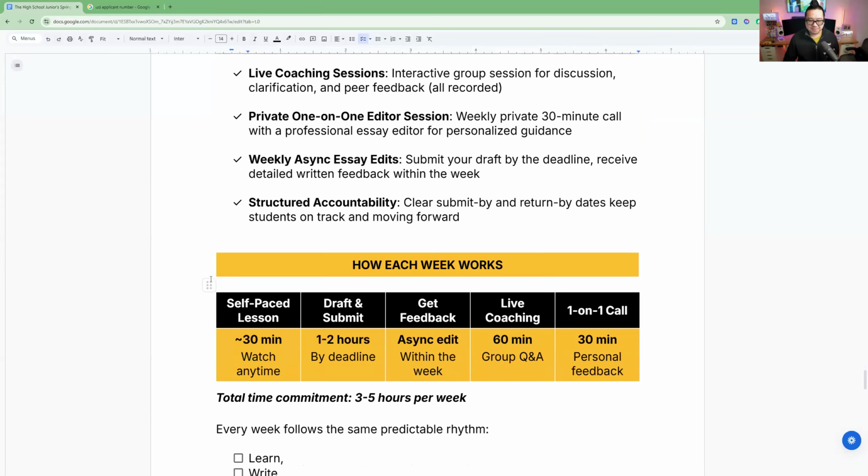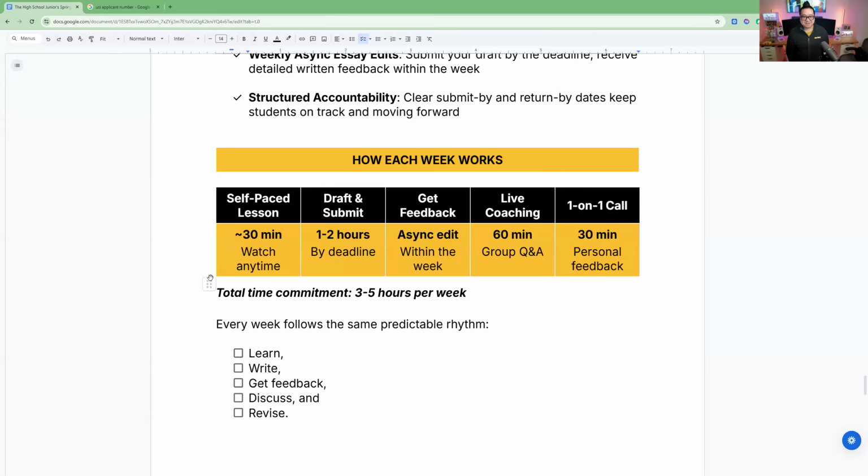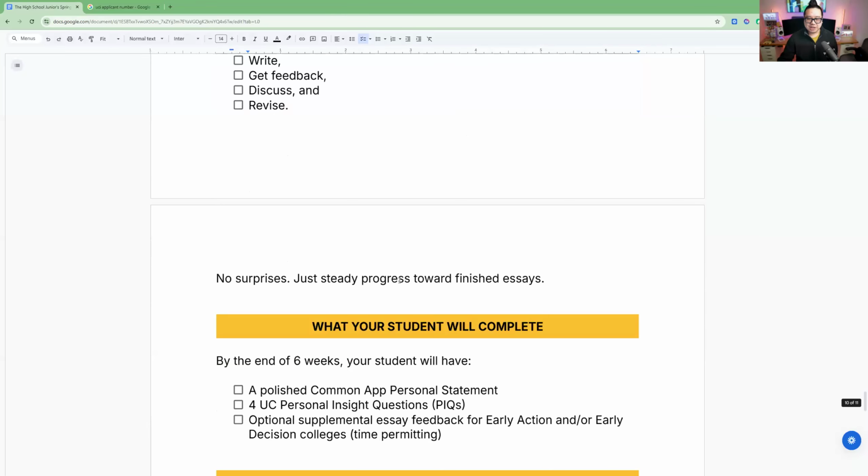By the time you finish the event, right, you'll see here, you should be done or close to done with all of your essays, okay? So what we'll do, one, we'll help work on your personal statements. A lot of our students will be applying to early action, early decision schools. We want to make sure your personal statements are completed. Number 2, students applying to the UC schools, our goal is to get your UC essays completed as well.